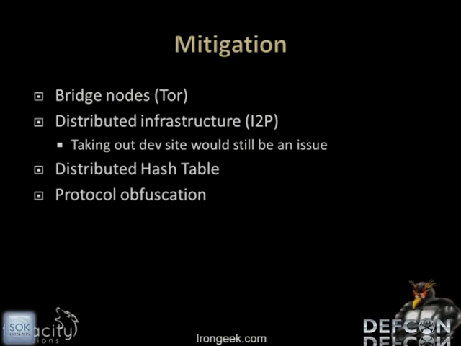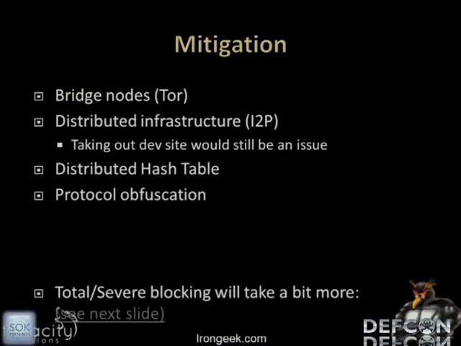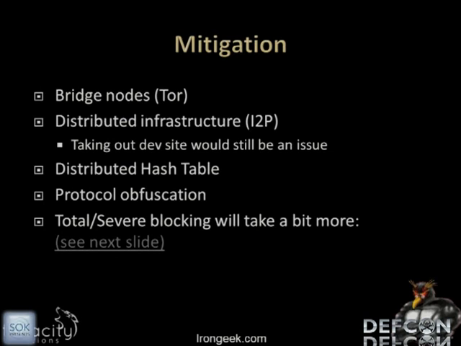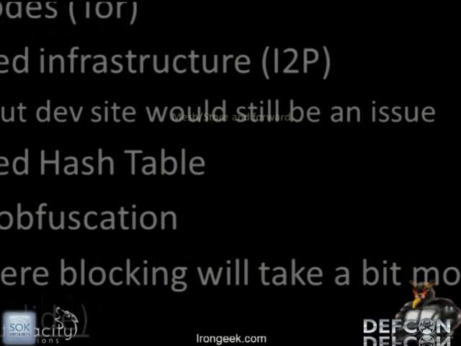Protocol obfuscation may help in some cases so that people don't know that you're using Tor or I2P, and I know both of those projects are working on better forms of obfuscation, because in some cases, like I said before, depending on what country you're working out of, just the fact that you're hiding something may be enough for someone to come knocking on your door. Also, total and severe blocking of the internet, that's a little bit harder problem to get around, and this is one I'd really like to do more research on, so if anybody has any information on this, come up to me during the Q&A session. I'd like to hear it.